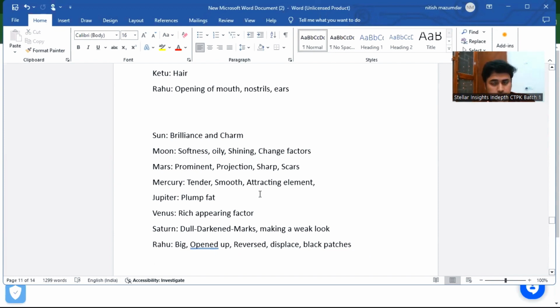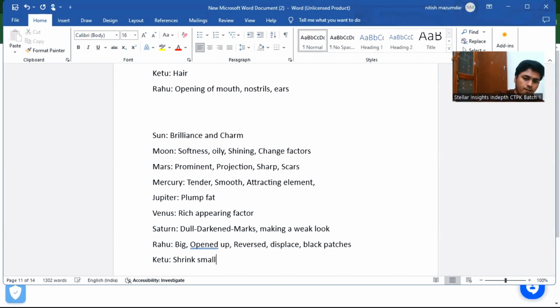Just say, for example, if someone has open pores on their cheeks, a lot of open pores, then easily connect that this person has a Venus Rahu combination. Correct? Or another combination is Ketu. What is Ketu? Ketu is narrowing down. Many people's cheeks are flat, hollow, so that is Venus Ketu, because Ketu, what is it? It shrinks. Okay, so shrink is the first thing. Shrink and you can say